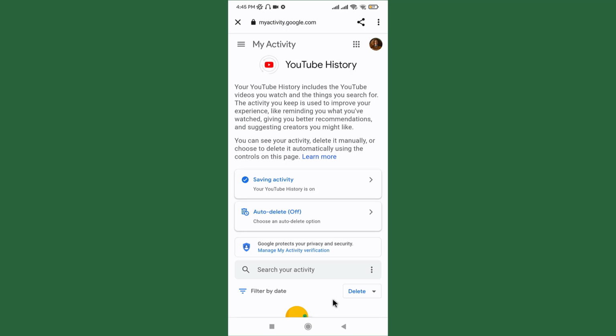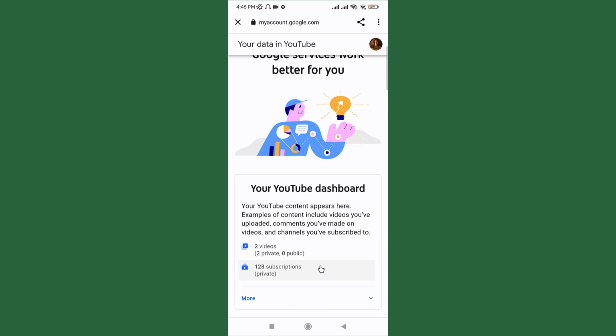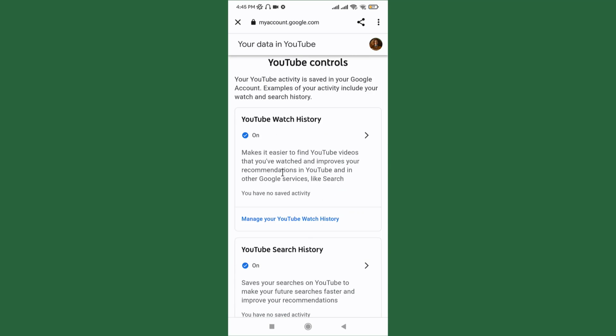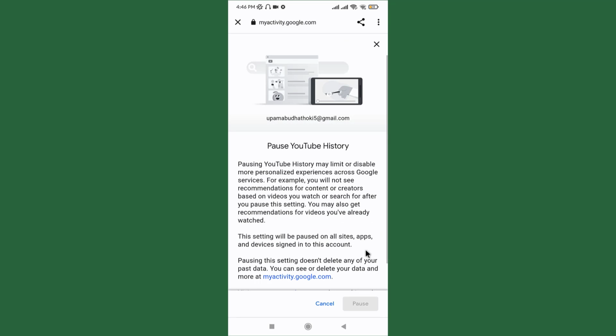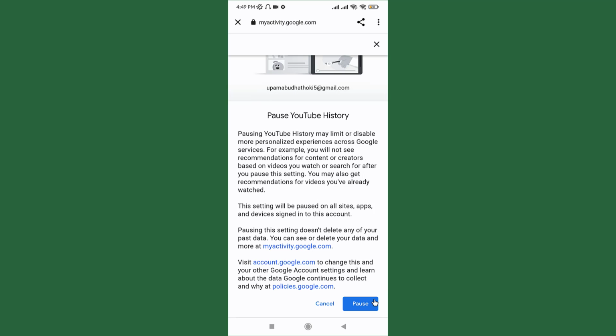In order to do that, you need to go back to the Your Data in YouTube page. Then scroll down to YouTube Watch History and click the field labeled On. As you are directed to another page, go to YouTube History and disable the slider next to it. By doing this, you block all history from saving to your account. Now, in order to pause or block all history from saving to your account, go to the Pause option and